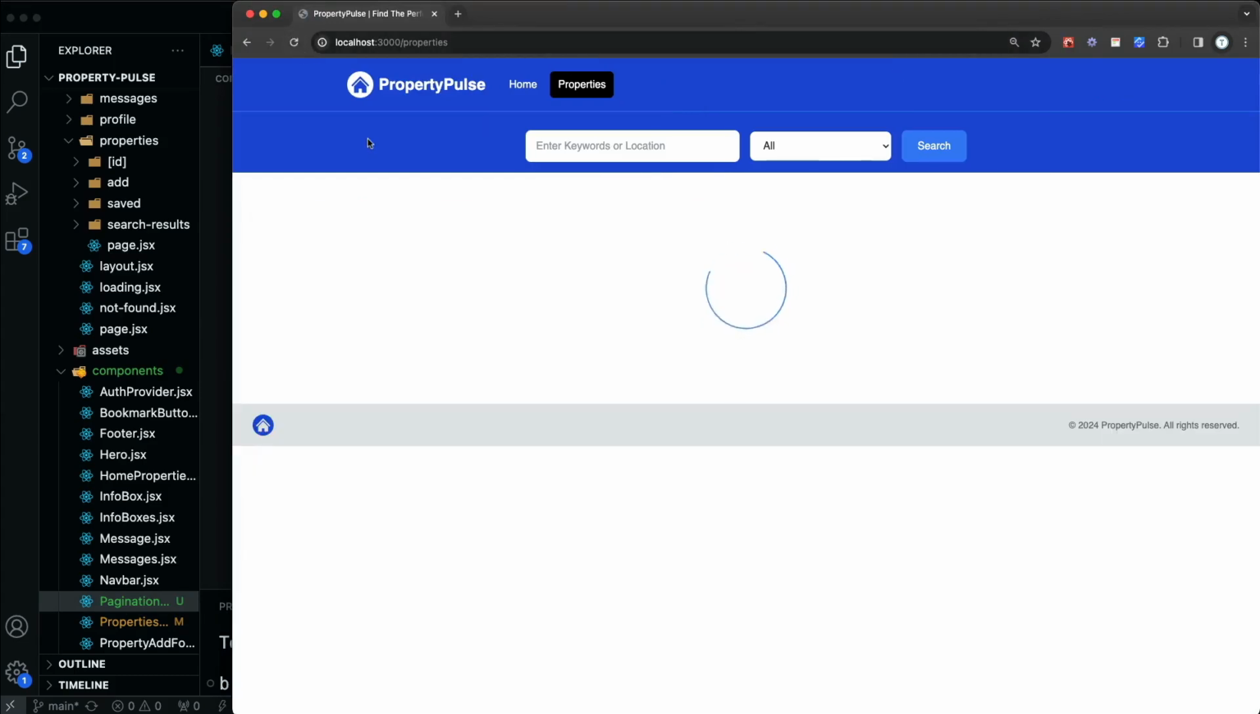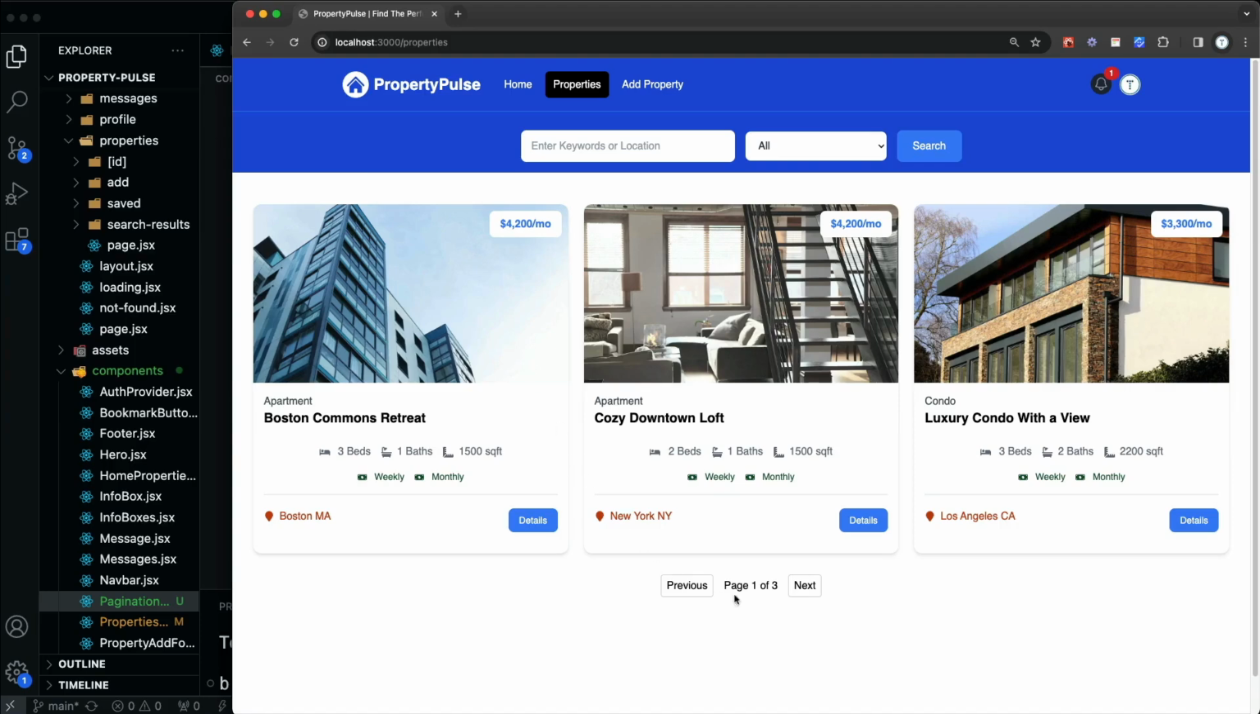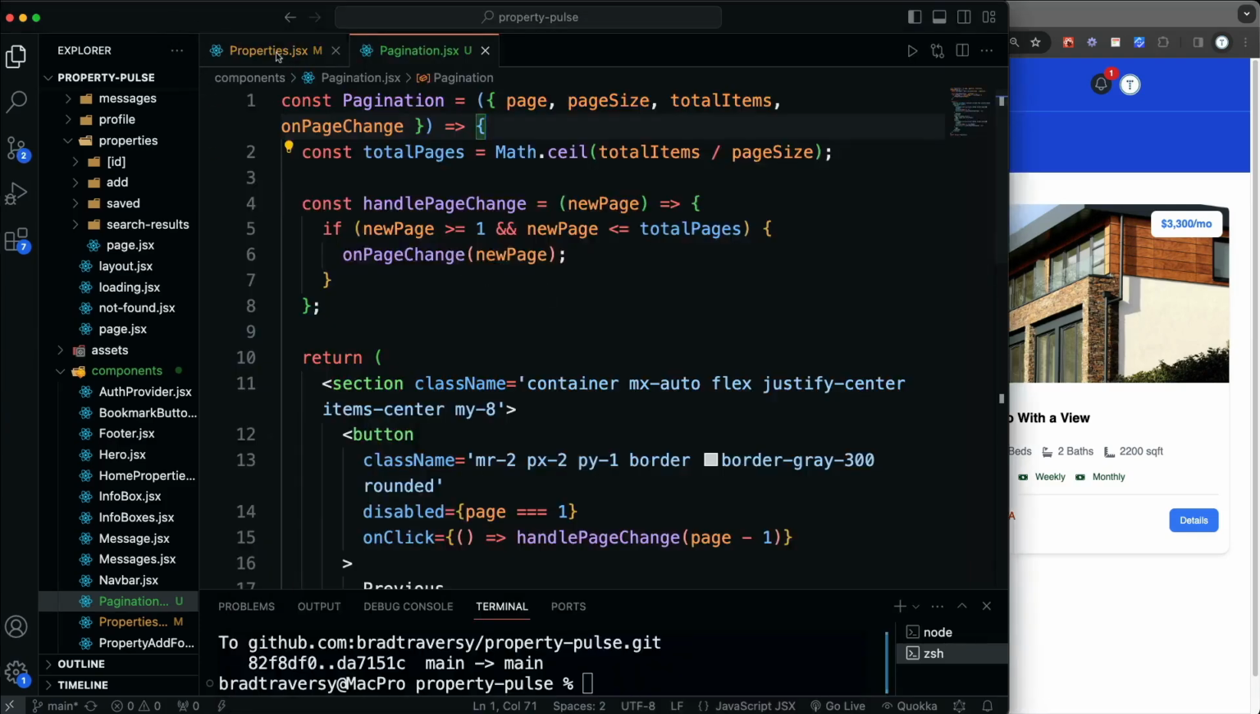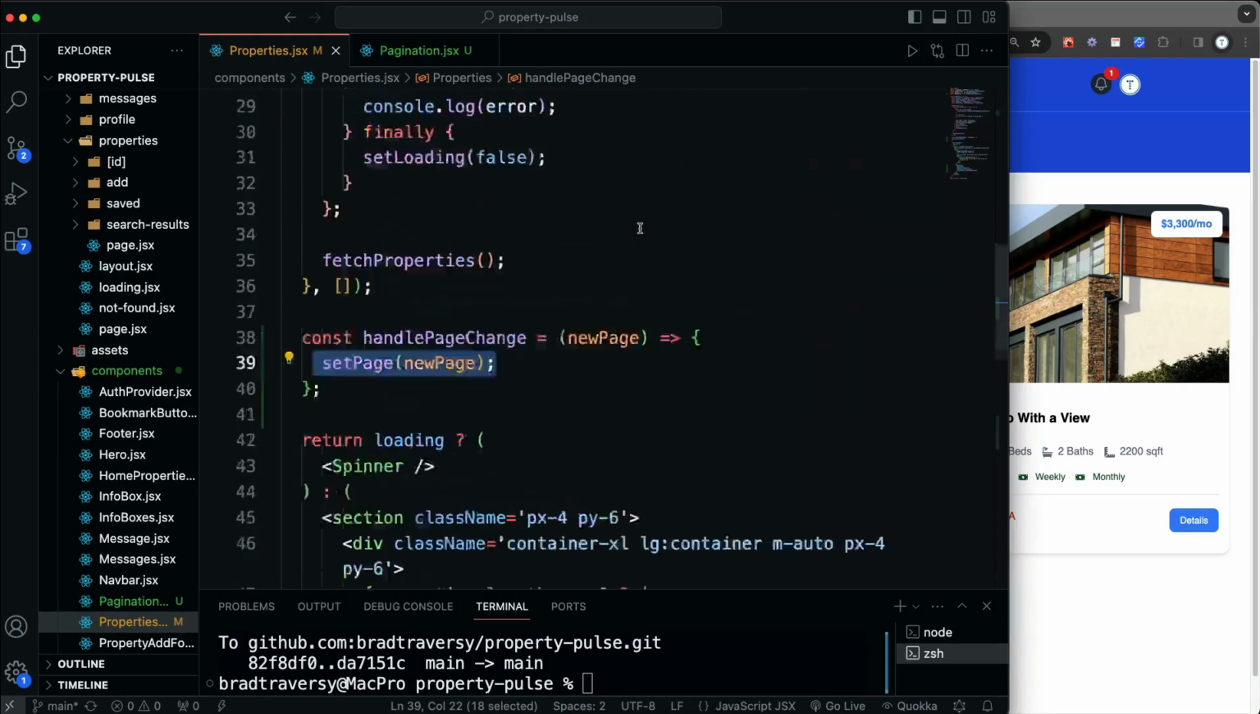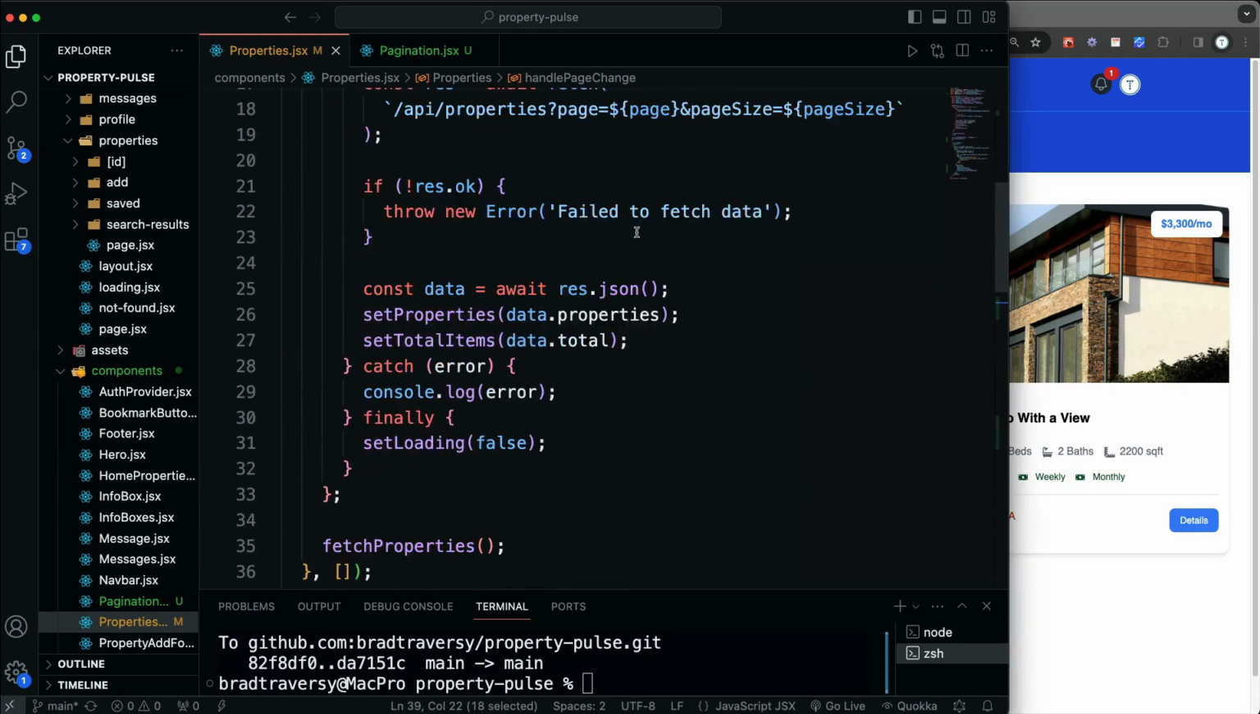and then we'll reload. Okay, so we're on 1 of 3. I'm going to click next. Okay, so that changes to 2 of 3, 3 of 3, and then I can't go next any further. However, it's not actually changing the properties. So the reason for that is because in our properties JSX, for the useEffect, we need